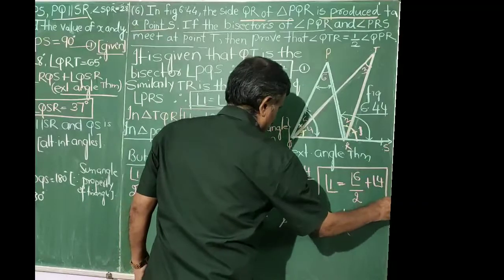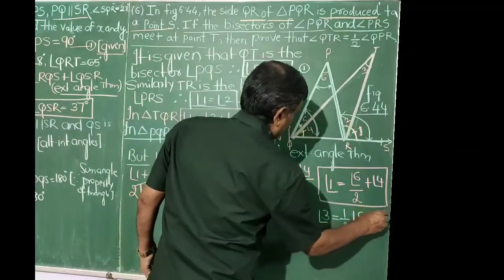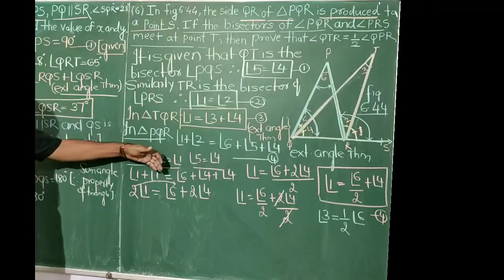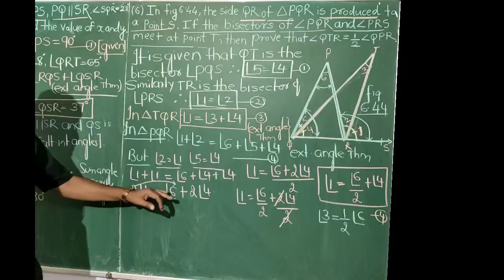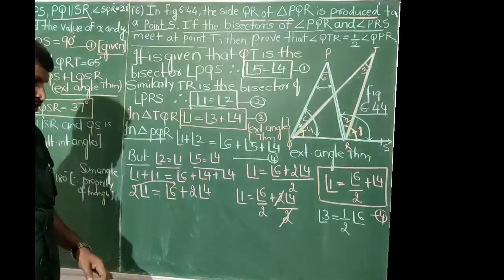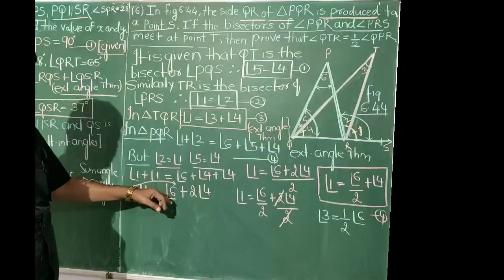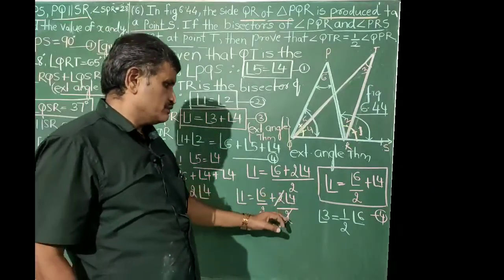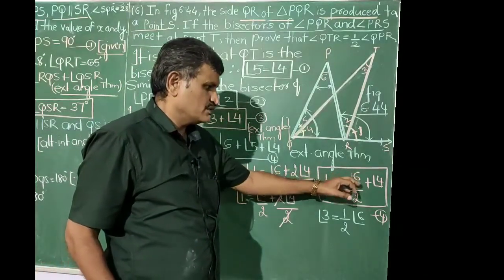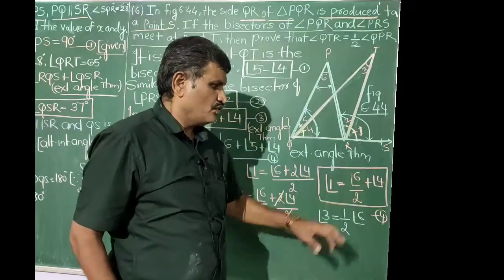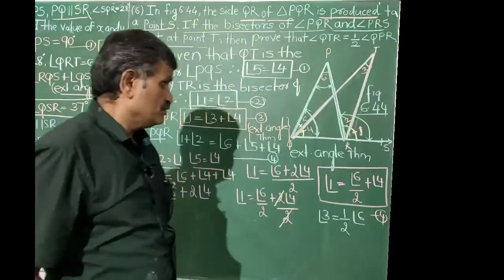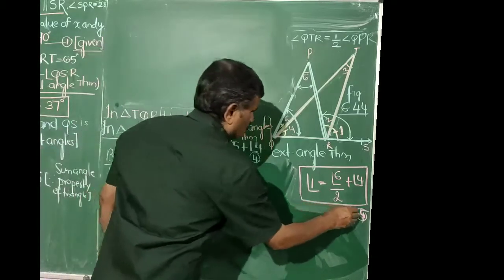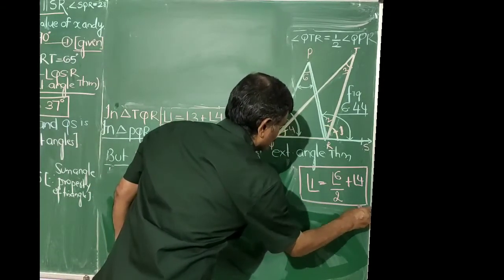This is my equation number 4. I repeat what I have done. Angle 1 plus angle 1 is 2 times angle 1 is equal to angle 6 plus 2 times angle 4. So angle 1 is equal to, if I transpose it to the right side, angle 6 by 2 plus 2 times angle 4 by 2, and 2 cancels with 2. So angle 1 is equal to angle 6 by 2 plus angle 4, and this I am calling equation number 4. This should have been equation number 5 because we have already given 4 here. So let us give equation number 5 for this.